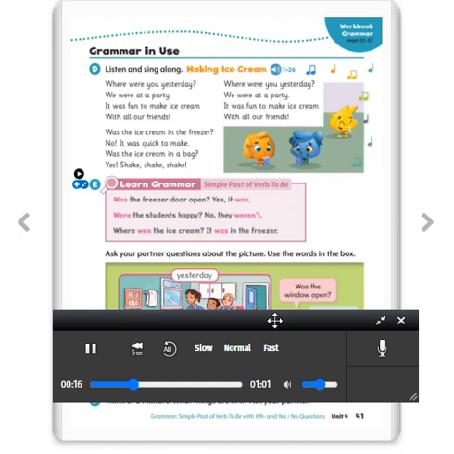Where were you yesterday? We were at a party. It was fun to make ice cream with all our friends. Was the ice cream in the freezer? No, it was quick to make. Was the ice cream in a bag? Yes, shake, shake, shake. Where were you yesterday? We were